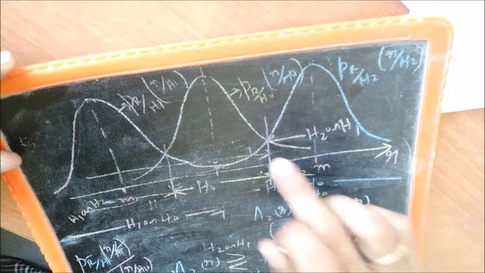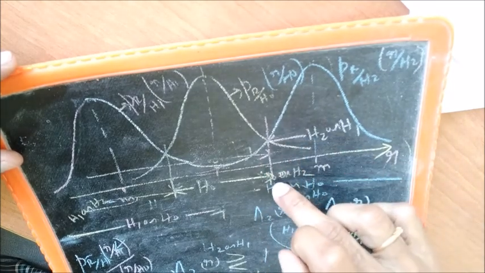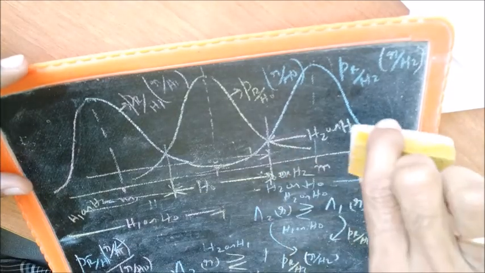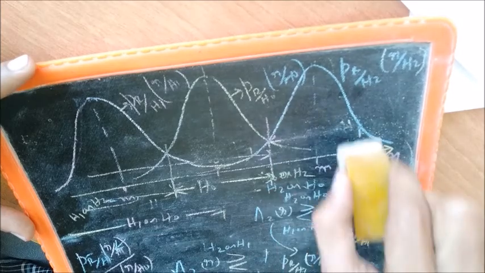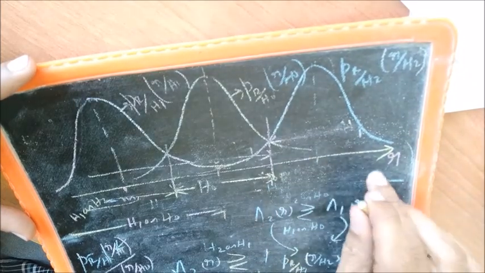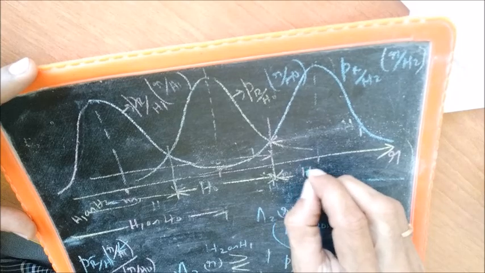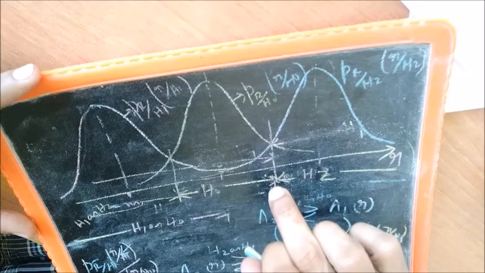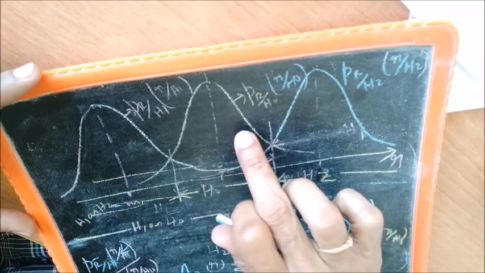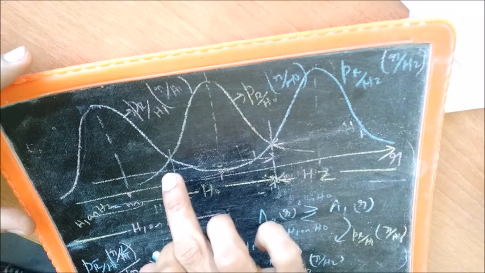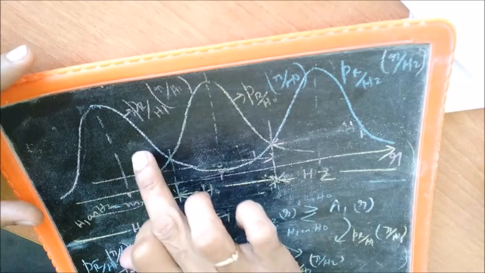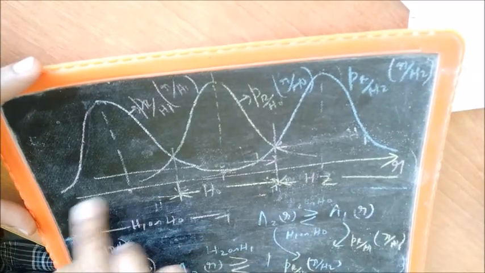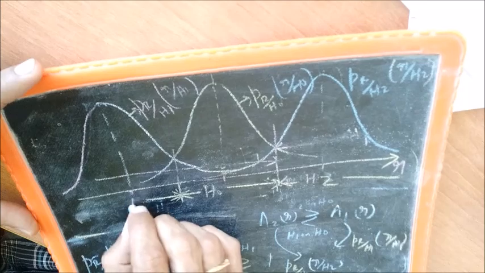And similarly, you can see that this side is H2 or H1, and then again we had H2 or H0 and all those things. As you can follow, it has become a bit crammed here, but the same principle you can apply, and you can see that on this side, H2 is the true hypothesis. So whenever R is more than this, and this point you can easily find out, you have to find out the point of intersection between PR H0 and PR H2. Similarly, this is the point of intersection between PR H0 and PR H1. We will not spend time on that. That is how it is done. And this side will be for H1.